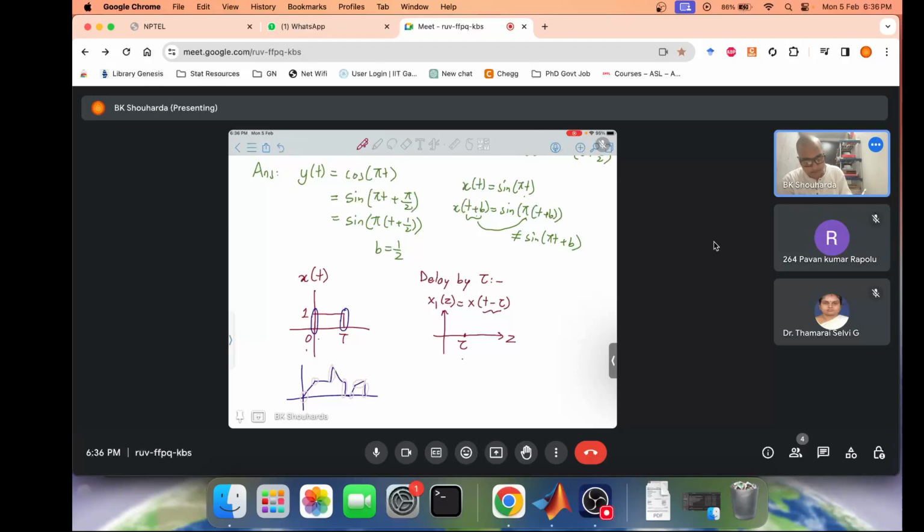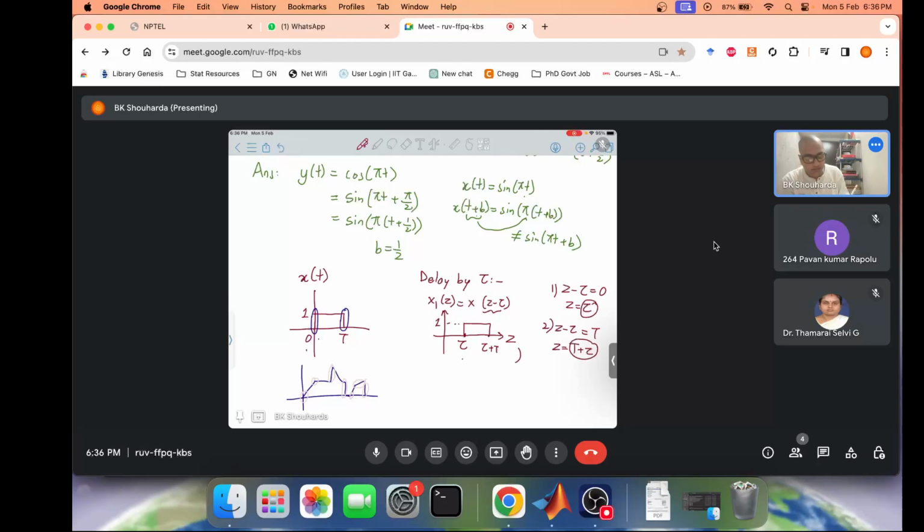Okay, so we want x1 of z is x of z minus tau. Okay, z minus tau equals 0. So z will be equal to tau, this is our first critical point. For the second, tau is t, so z will be equal to t plus tau. So what are the critical points? Tau and t plus tau. So you note them, tau and t plus tau,